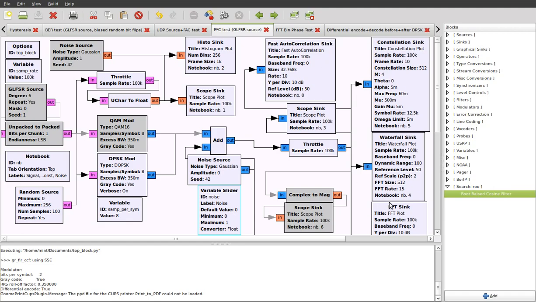Now we have the usual suspects like fast Fourier transform, waterfall, and scope, but I'm going to concentrate here on the Constellation sink and the fast autocorrelation sink. I'm going to launch the flow graph in a moment, but just before I do, bear in mind that because we're using phase shift keying, the Constellation sink is perfect for plotting the resultant symbols on a complex plane just to see how that signal